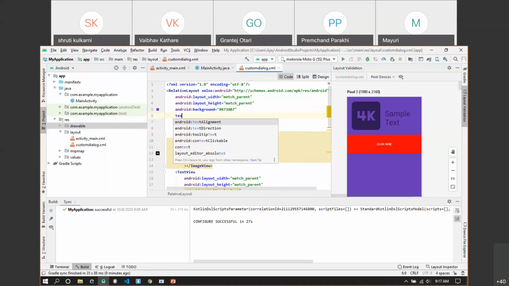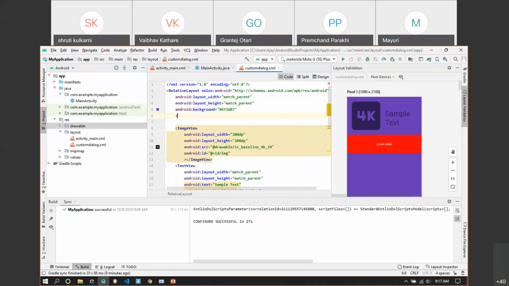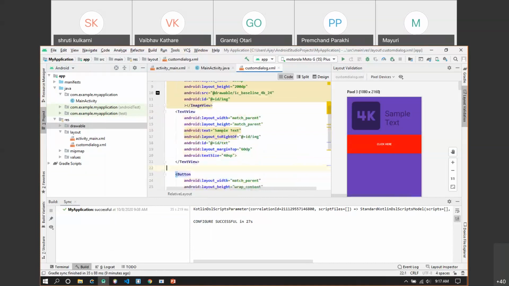Sorry, the text color should be written inside the text view. So text color as #FFF. The text color will be chosen as white.